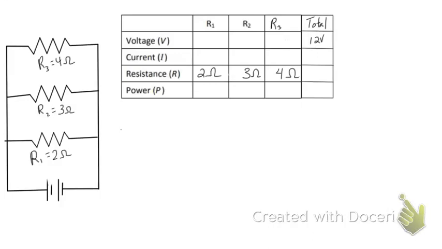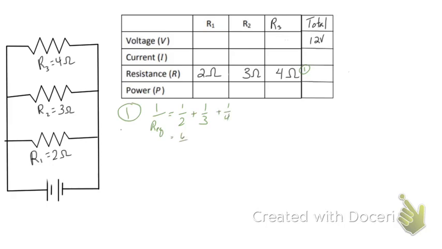Here is a demonstration or example for a simple parallel circuit. First thing we're going to start with is the equivalent resistance. Now, equivalent resistance in this case is the inverse of the sum of the inverses. So it's 1 over the equivalent resistance is equal to 1 over 2 plus 1 over 3 plus 1 over